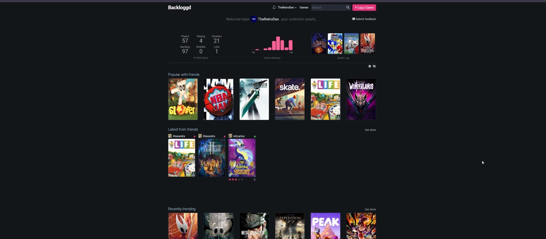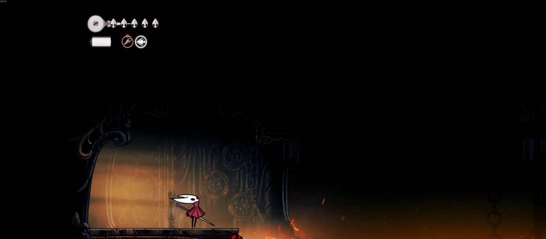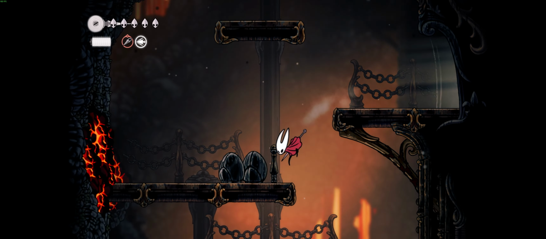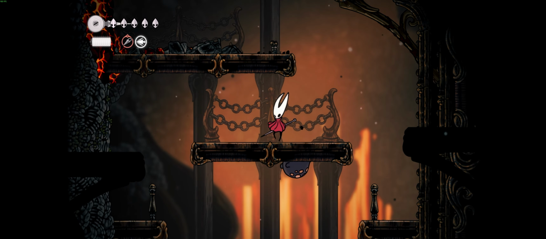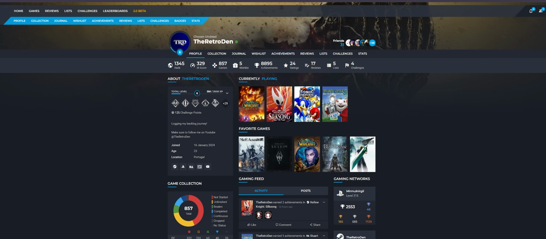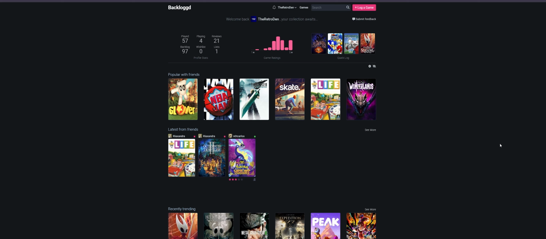Backloggd is a different case. You can say that it's lacking in features as of today, but the developer only went full time this year, so it probably will add more stuff. But the differences are immediate if you log into one or another. So let's say Infinite Backlog is more of a social media type platform, and Backloggd is more similar to stuff like Letterboxd. If you know what Letterboxd is, that is exactly what a platform such as Backloggd is trying to